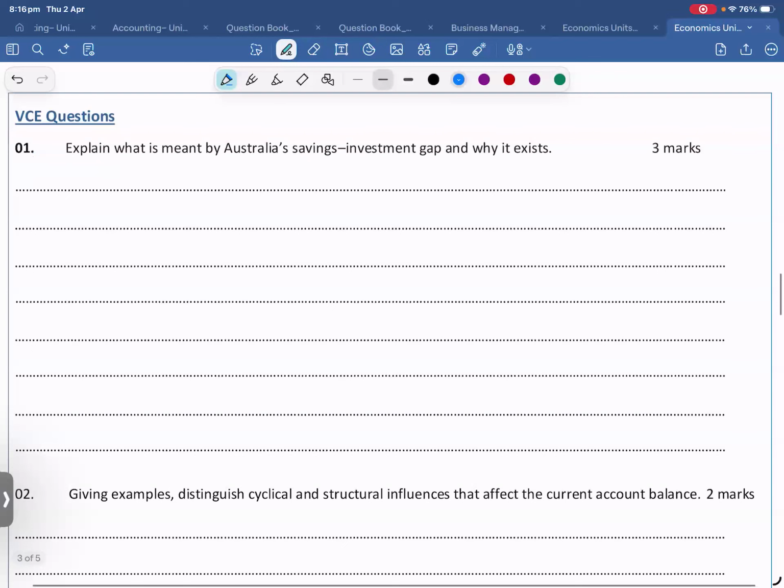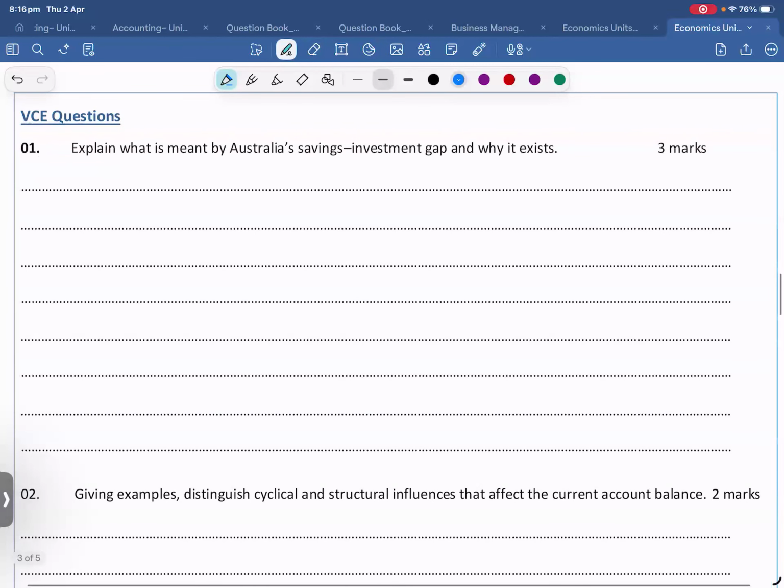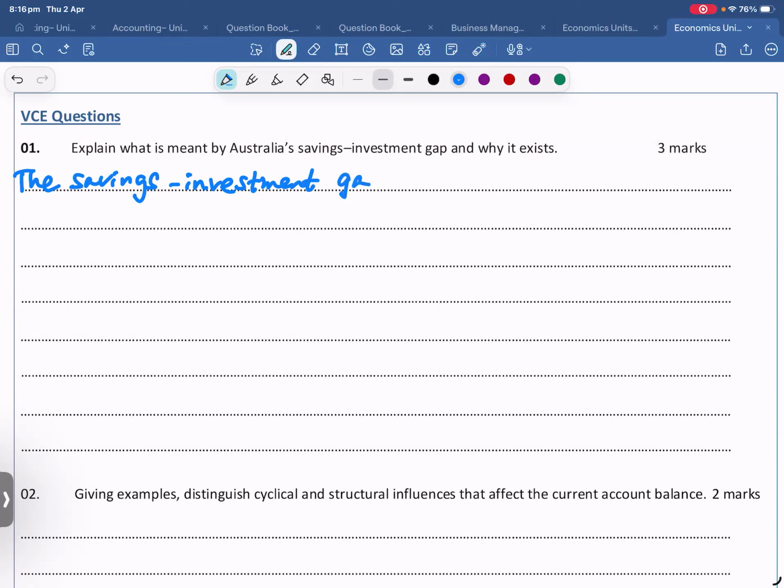Please write the savings, comma, investment, gap is the shortfall in value